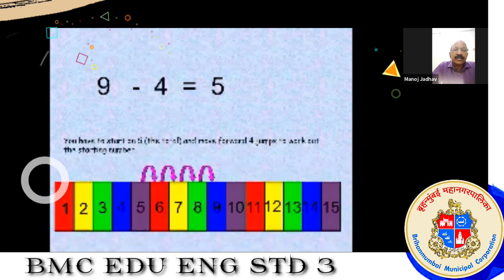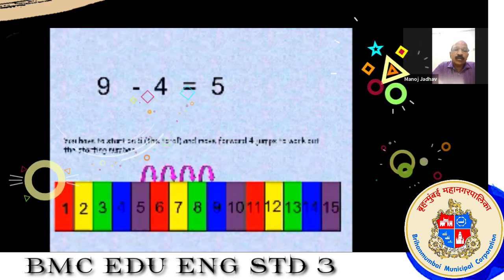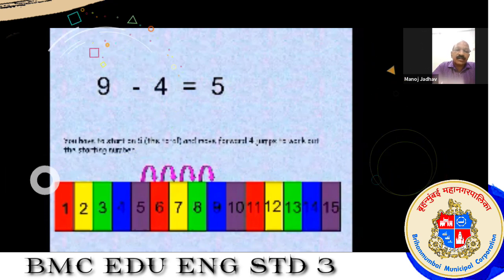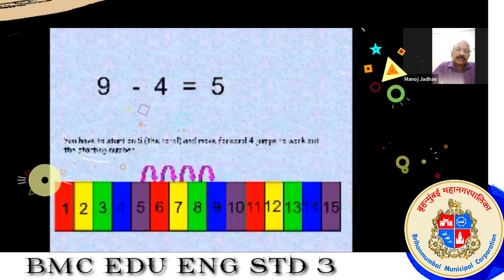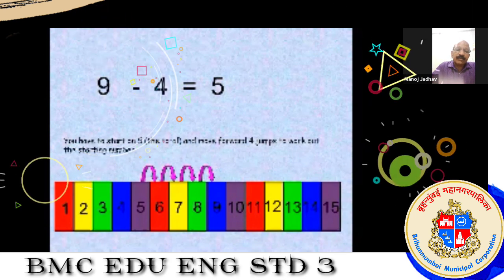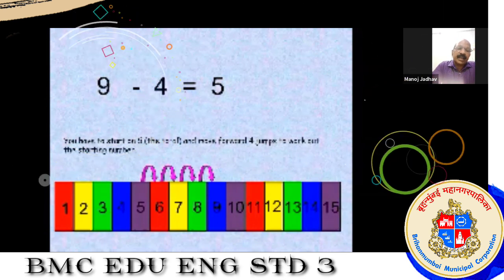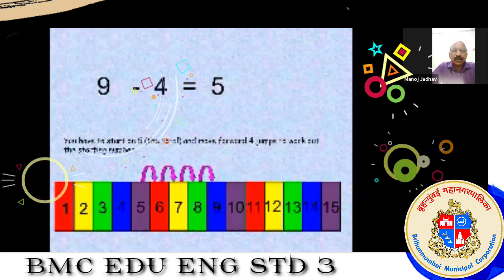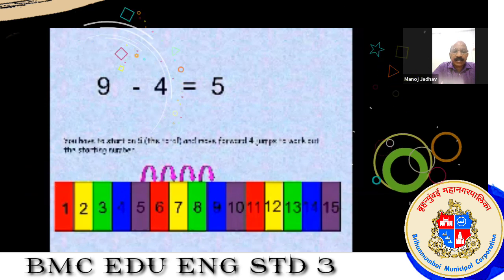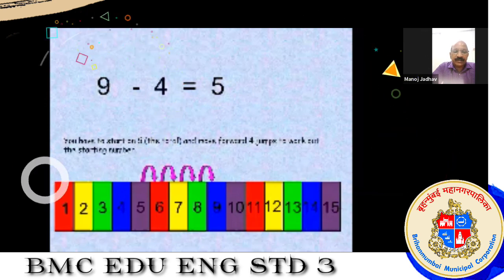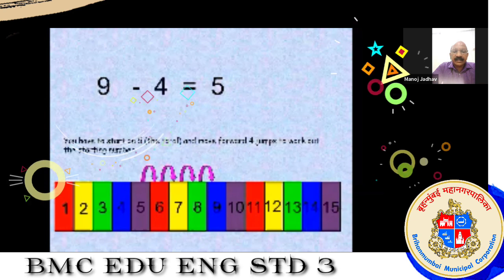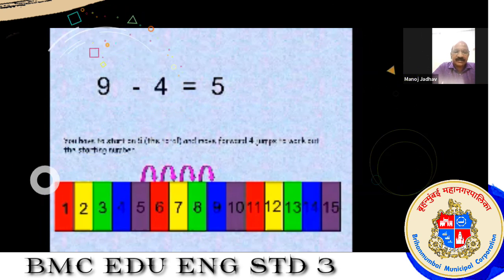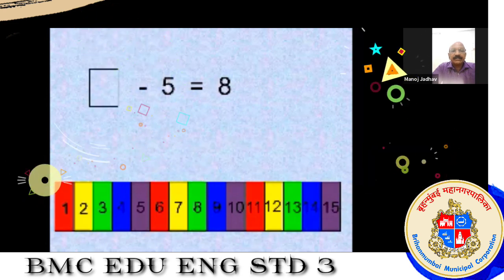Now see, stand at 5, and now move ahead. Take a first step, it will land on 6. One more step, second step, you will reach at 7. Third step, you will take and reach number 8. And the fourth step, we are reaching at 9. So 9 minus 4 is equal to 5. Imran Khan, very good. Aditi, very good. Very good, children. You all are answering, and that too correct answers you all are giving. Very good, children. Now see one more example.